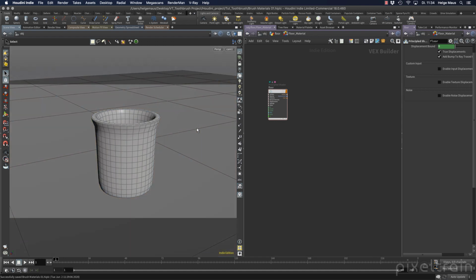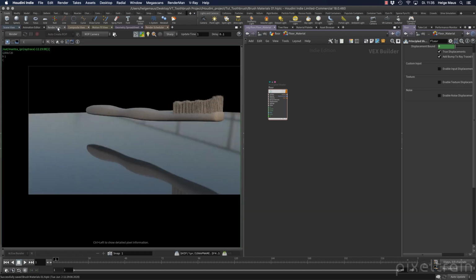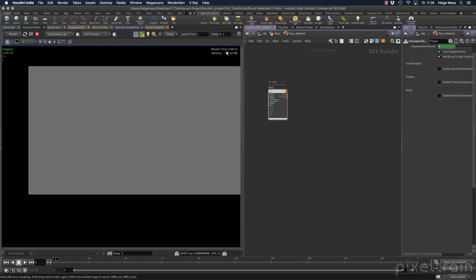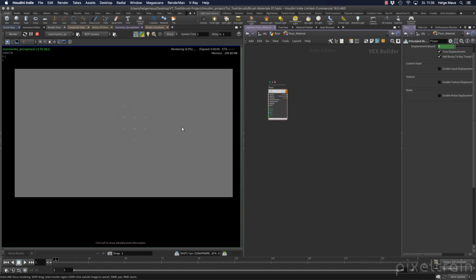So I do that. Now the shader is on my floor, and then we can switch to the render view. We used that before. And I click render to make an IPR rendering. The mantra IPR is still in my scene. If you don't have one, no problem. Houdini will generate a mantra IPR for you. It takes a while, it generates the scene, and then it renders through the active ROP camera. And we have one camera with the original name cam1 in the scene,